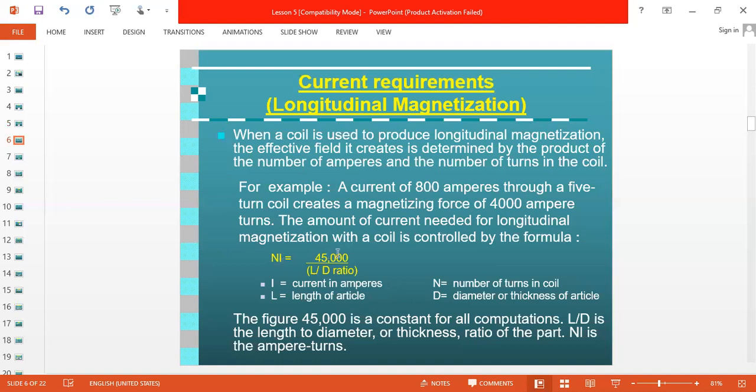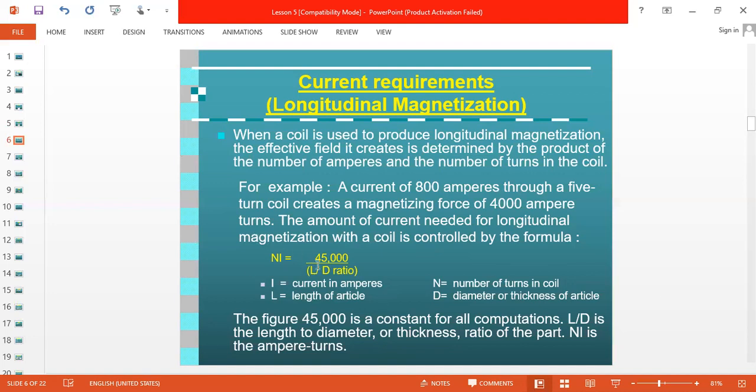This 45,000 is standard. L means length, D means diameter. Based on this we can find the ampere-turns. If you want the reading in amperes, we divide this total value by the number of turns, and then we get it in amperes.